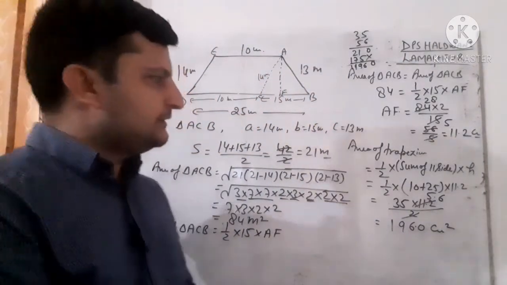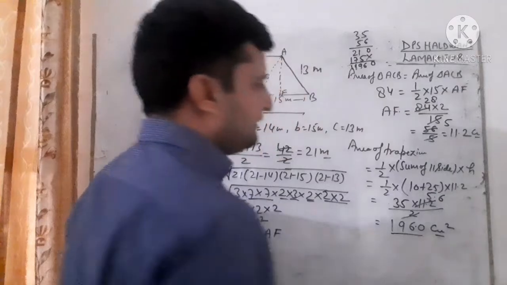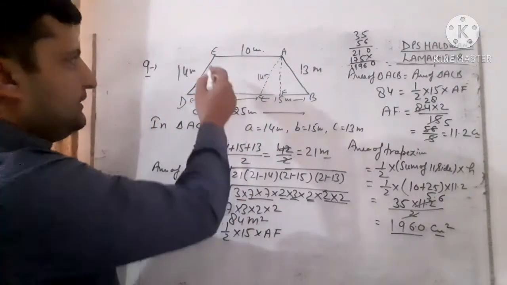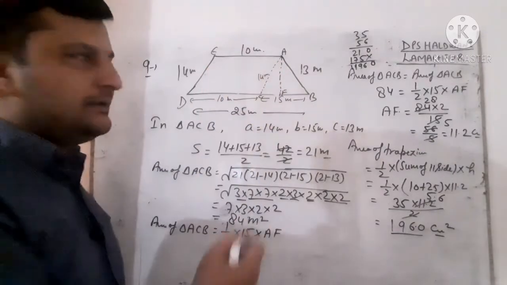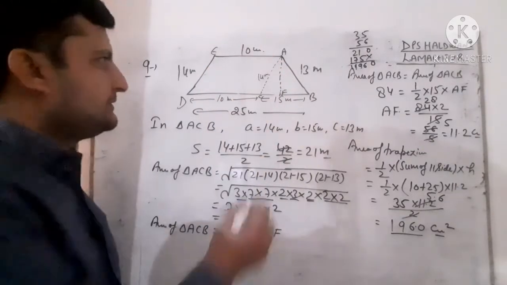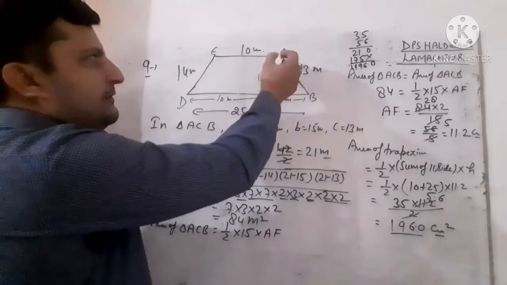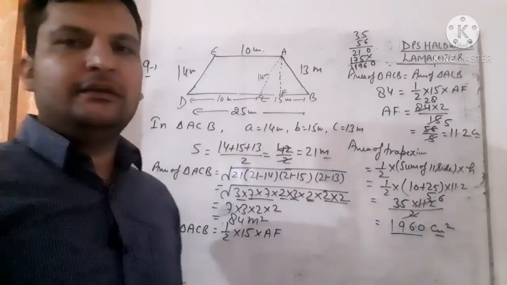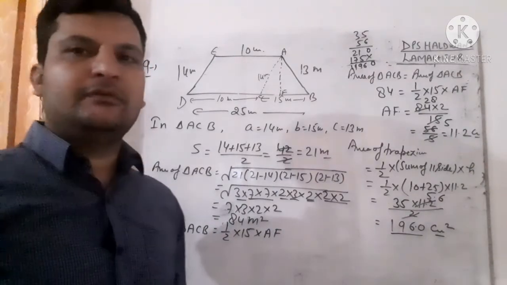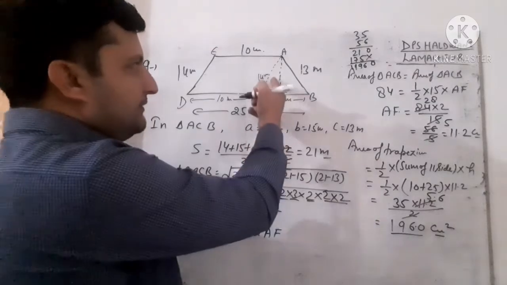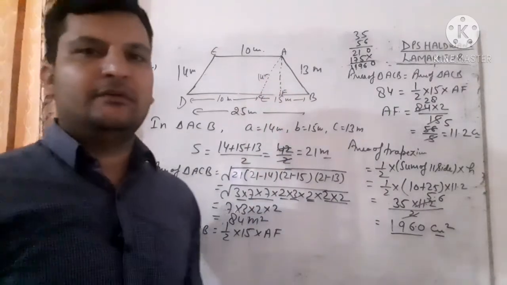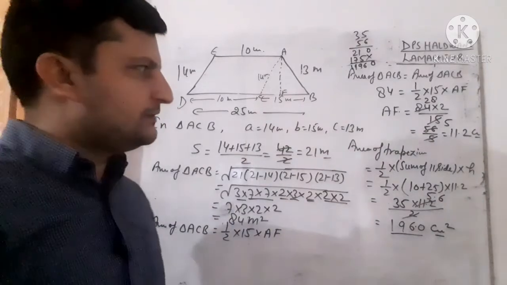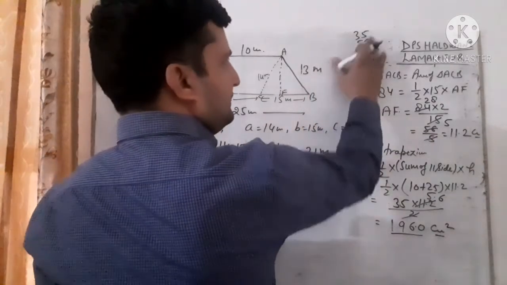I think this is the last question. So student, this is coming 196 centimeter square. So students, in this question what we have done, we have a trapezium given and 10 and 25 centimeter is given, parallel sides, and these are the non-parallel sides given. We have constructed a parallelogram here, and then we have found the area of the triangle. After finding the area of triangle, we have found the height of this triangle. So when we get the height of the triangle, we can use the area of a trapezium. Area of trapezium is equal to half into sum of parallel sides into height. So student, half into sum of parallel sides into height we have done. So this is the answer.